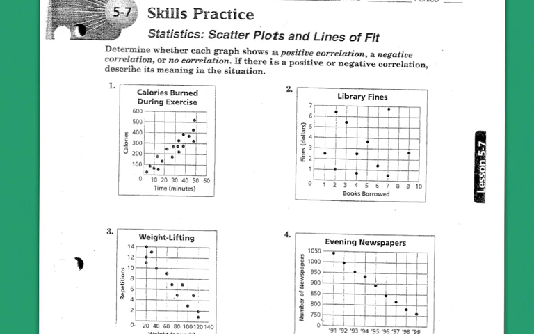And basically what you're looking for is to determine whether or not the scatter plot has positive correlation, negative correlation, or no correlation. And if there's a positive or negative correlation, then you need to describe its meaning in the situation. So if a scatter plot has a positive correlation, then generally the dots are trending upward. So if we look at the first one here,